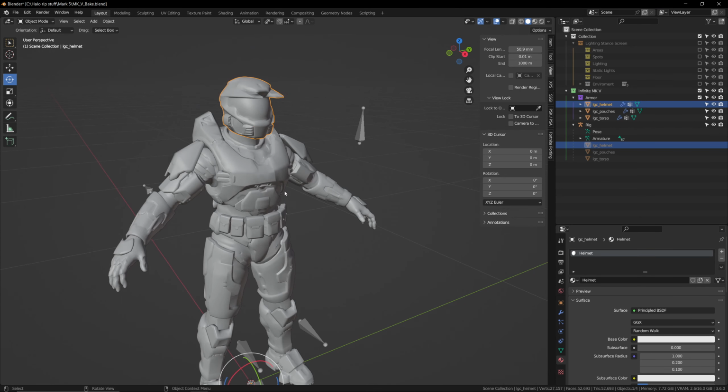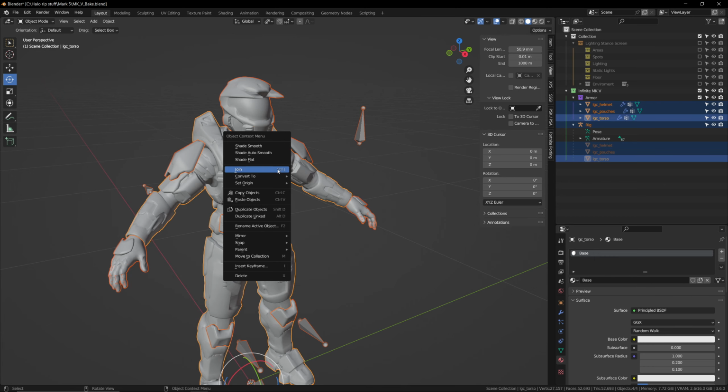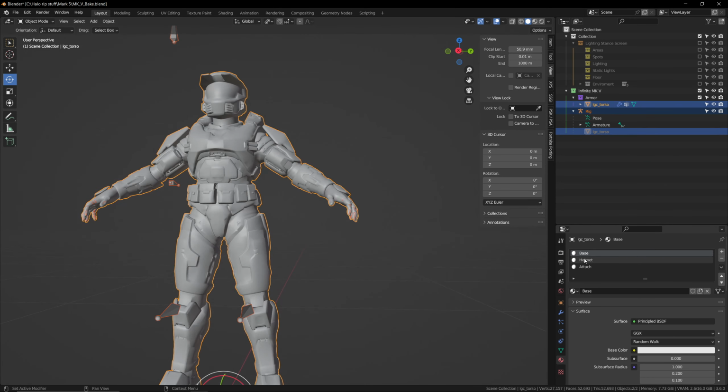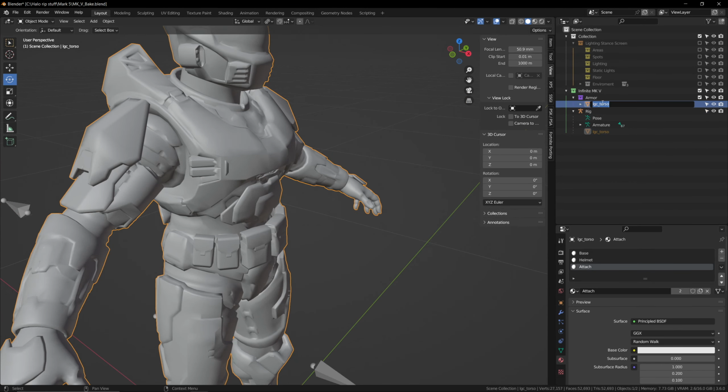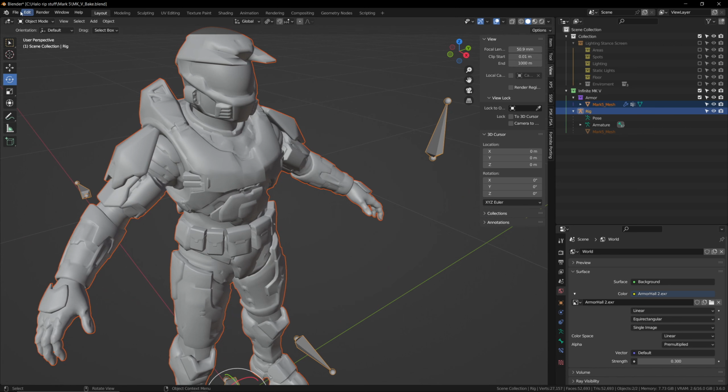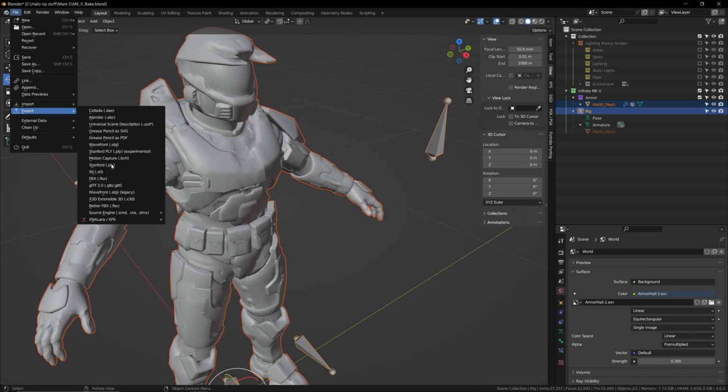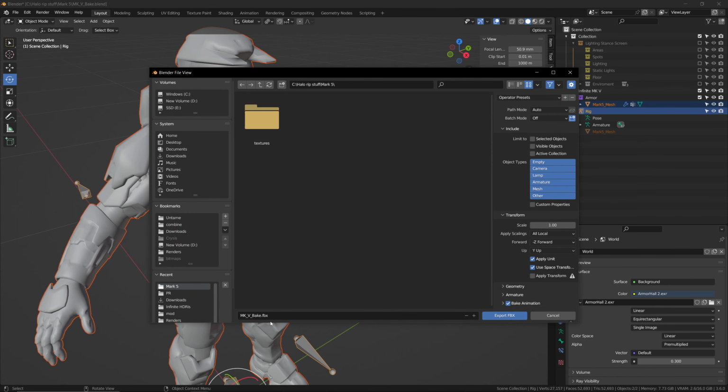Okay, that's cool. Now we do A, shift, select, join. Now we just have 3 materials for our Mark 5. I'm going to rename this to Mark 5 Mesh. Then I'm going to hold Control, select Rig, and then we're going to go under File, Export, FBX, and